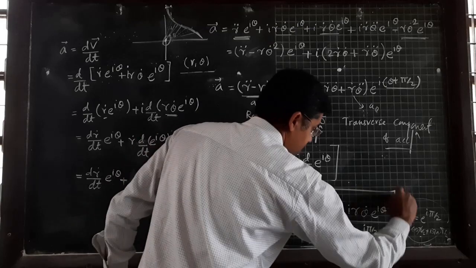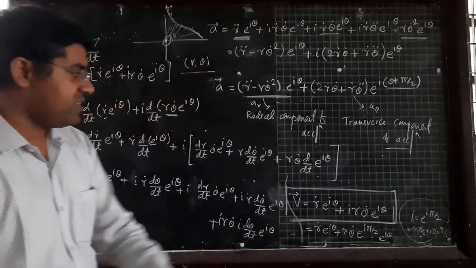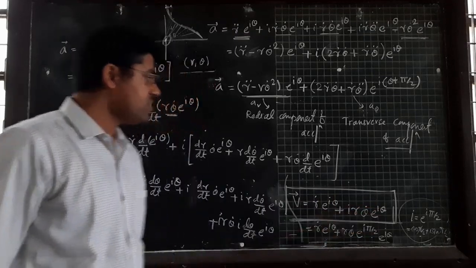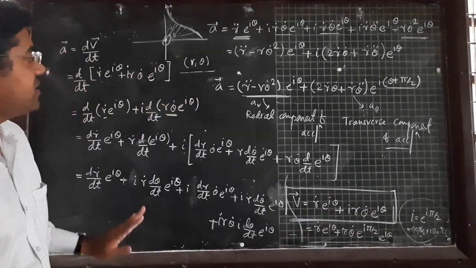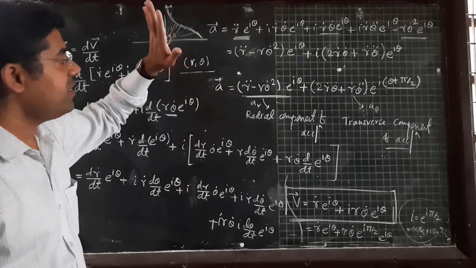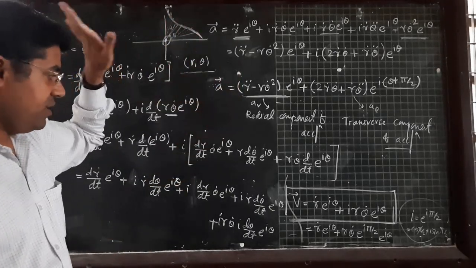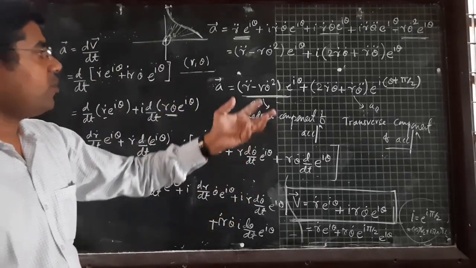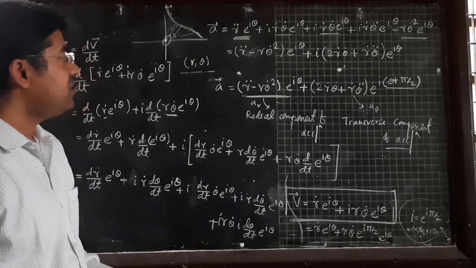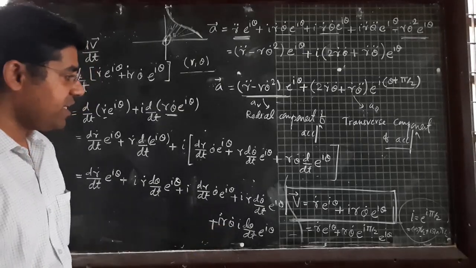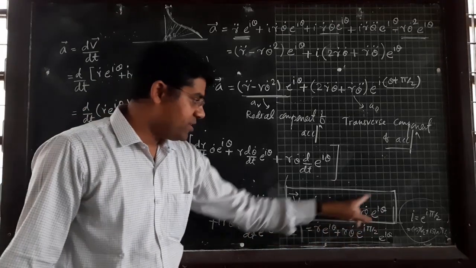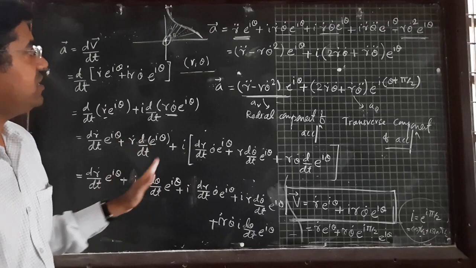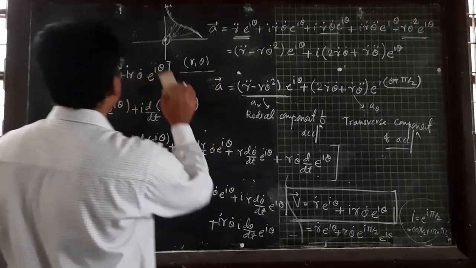So in that case, we require the polar coordinates r and theta, and using that we can find out the velocity, which is nothing but r, that particular component. This is the radial component, this is the transverse component of your velocity. The same thing we found in the case of acceleration. Then we saw that if the particle or object is moving in a circular way, r is constant, so the radial component will be 0 and you will get only this particular component. Simple way, don't get confused here.